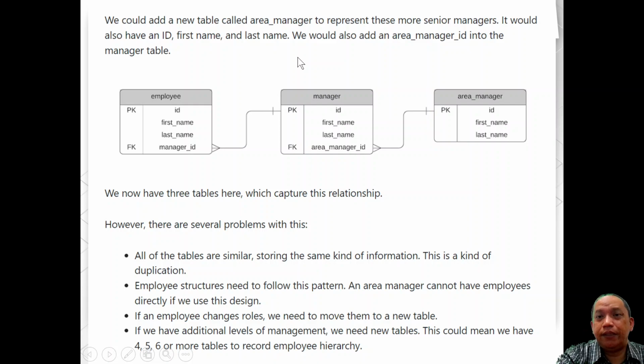So that means this is hierarchy data in an RDB or RDBMS. We now have three tables here which capture the relationship. So is it practical to add more tables? Why not? This is the basic implementation. But